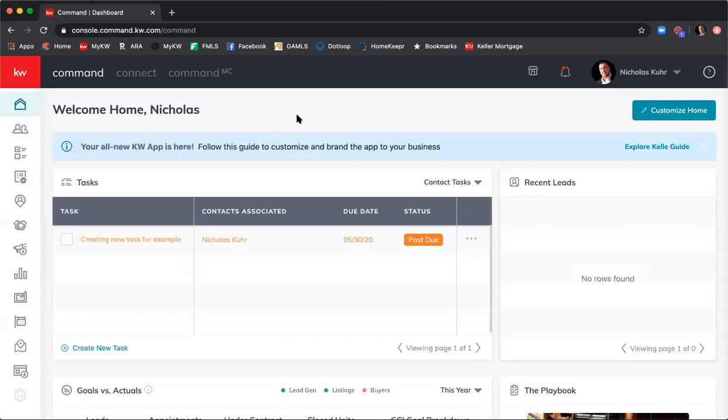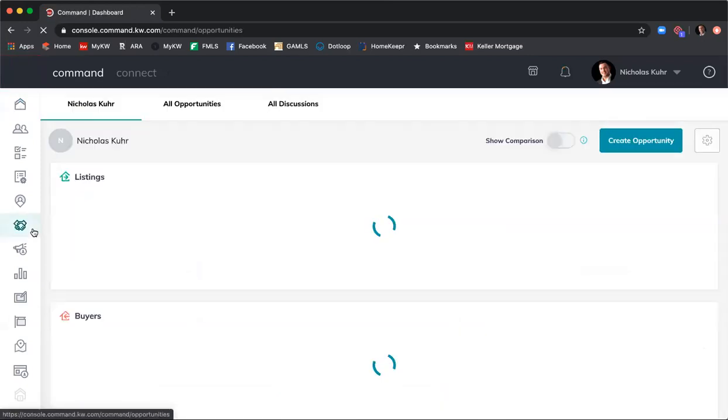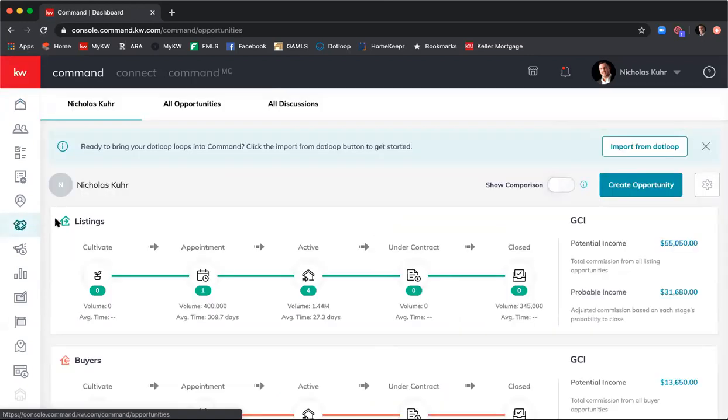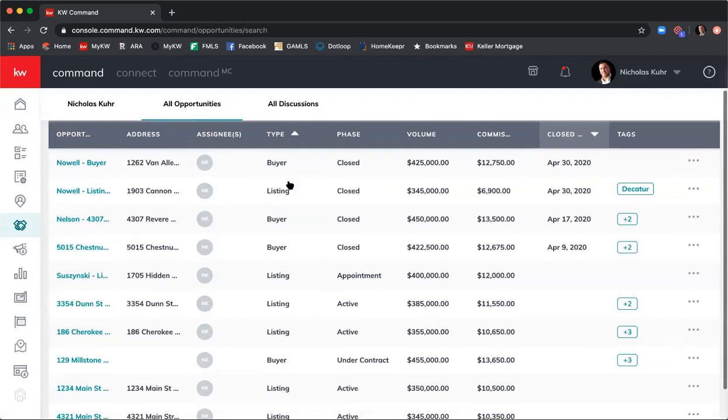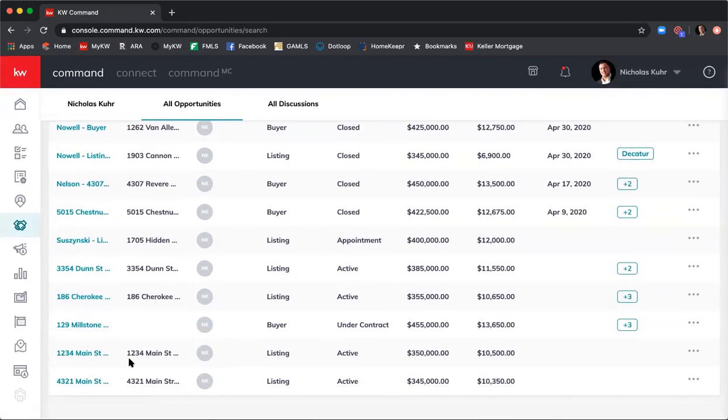To get started, you'll want to go to your opportunity. I've already created a test opportunity for this morning. So to go there, I click on the opportunity on the shaking hands on the left-hand side. And then for me personally, I prefer to go to all opportunities, and that's where it lists all the opportunities that you have. So I'll just scroll down here, and then here we have the opportunity I created for this morning, which is